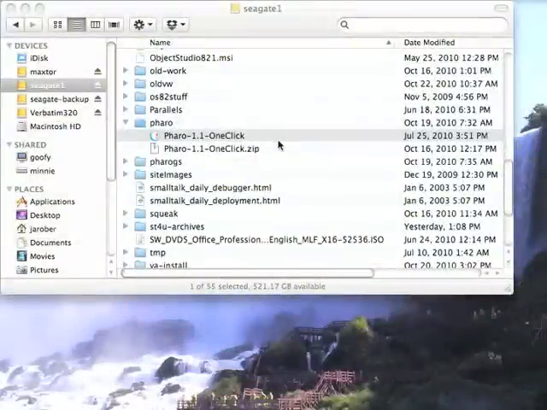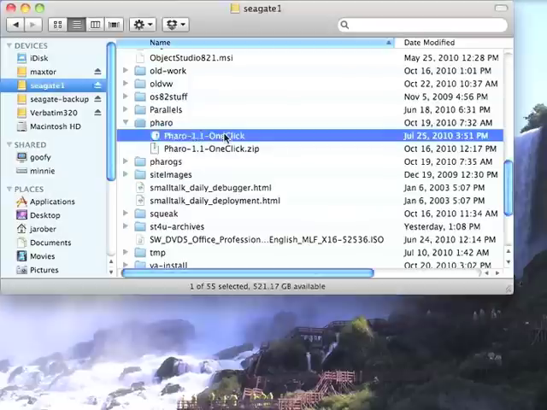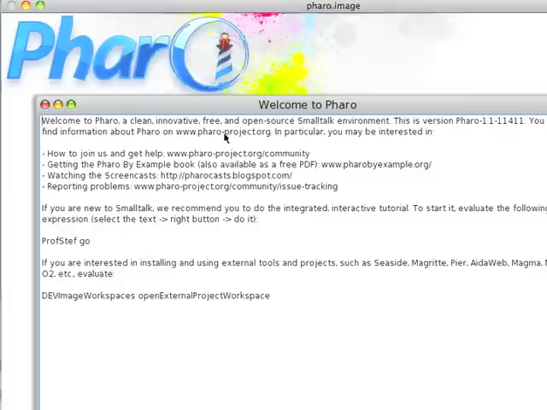This morning we're going to get started using Smalltalk. If you pick one of the Smalltalks, the one we're going to work with here is Pharo. The question a lot of people come up with is, what do I do next? Well, I've downloaded Pharo, I've got my one-click image, so I double-click on it, and now I'm presented with a